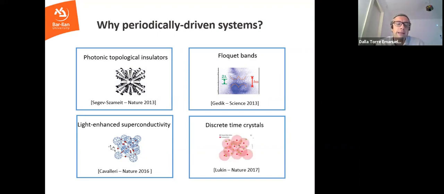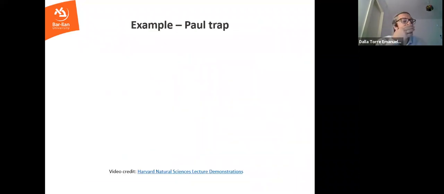And this is another example done with some synthetic materials, in which the periodic drive can give rise to what is known as a time crystal. A time crystal is a state that breaks the periodicity of the drive. The drive is periodic with every single period, right? After every period the drive comes back to itself, but in a time crystal, the system breaks that symmetry. So the system oscillates at a frequency that is lower than the frequency of the drive. Okay, good.